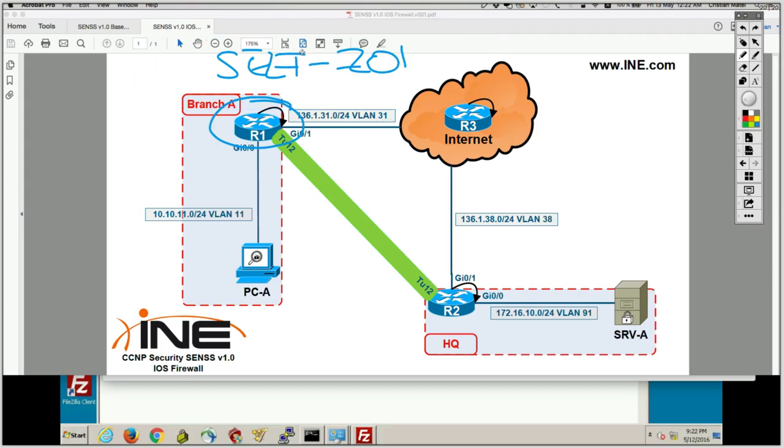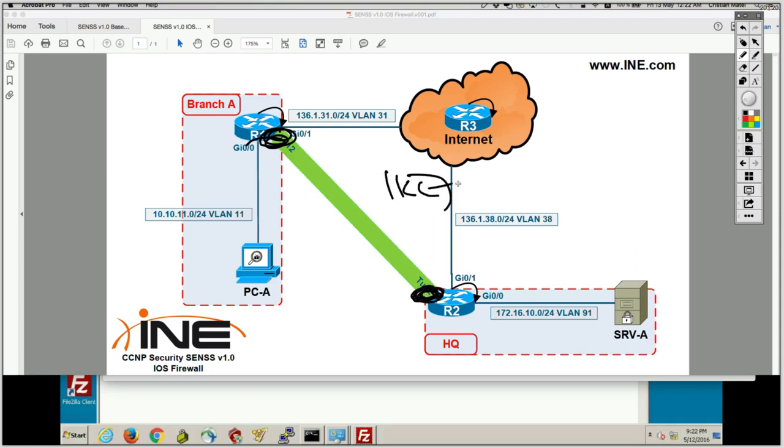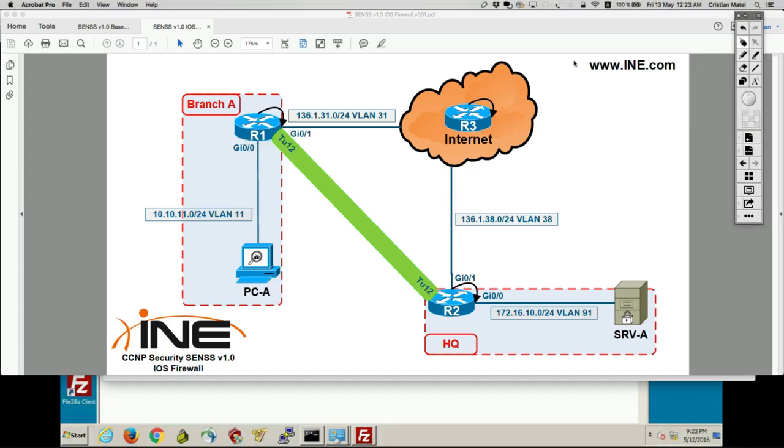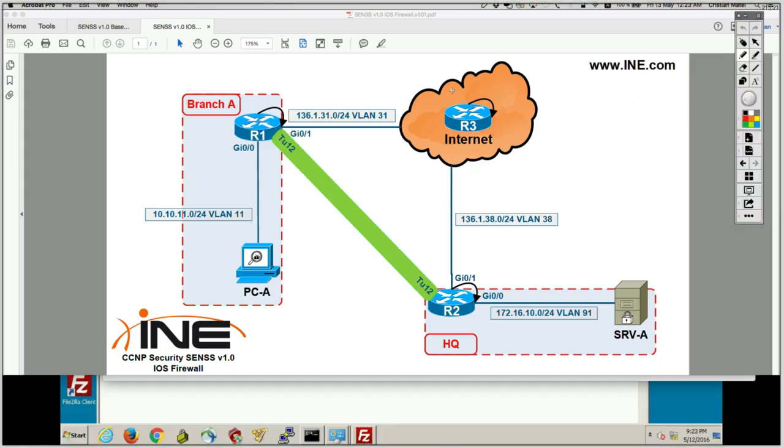And control plane traffic worked because, for example, we have a VPN tunnel built between router 1 and router 2, which does control plane traffic of IKE v1 in this case, which is UDP 500. Likewise, just to make sure, I'm going to be able to ping and telnet to router 1 without any problems.